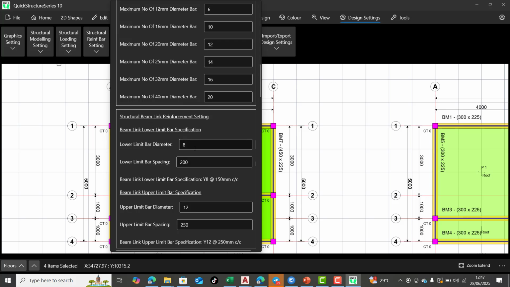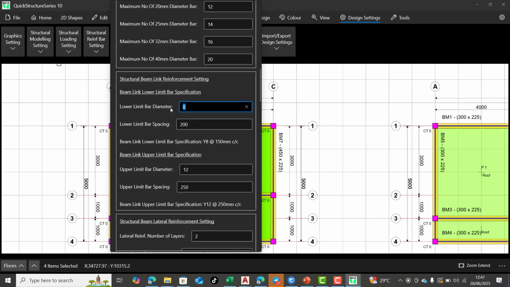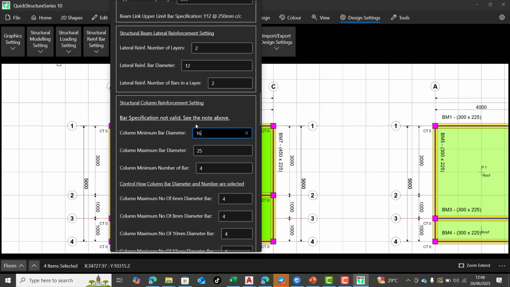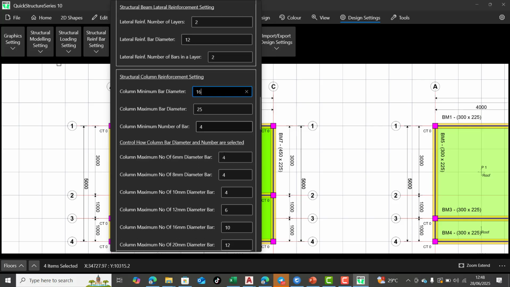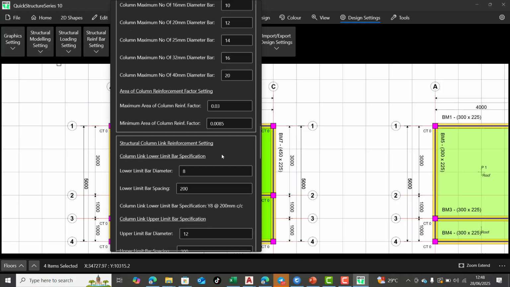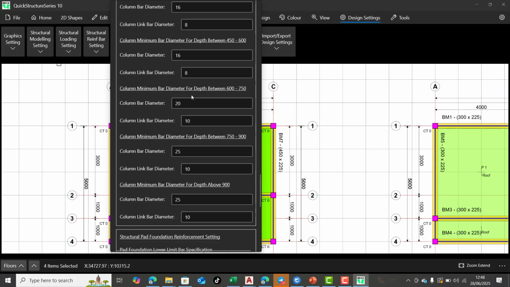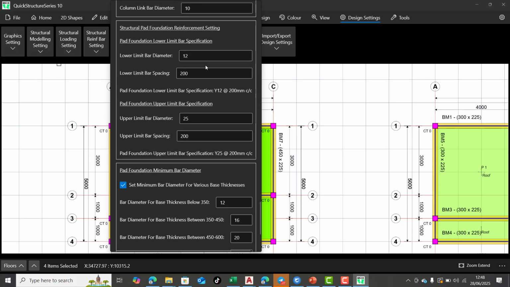So you have your bar links. You can as well specify the minimum thickness of your reinforcement for your links, and then the minimum spacing for your links, right? So similarly, you can do that for all your structural members. You can see here I have minimum bar diameter here is Y12. So from my settings, I can decide to make this Y16. So similarly, you can take your time to arrange all of this based on the reinforcements. Just do your settings correctly, and then once you put in all your information correctly, it will be there by